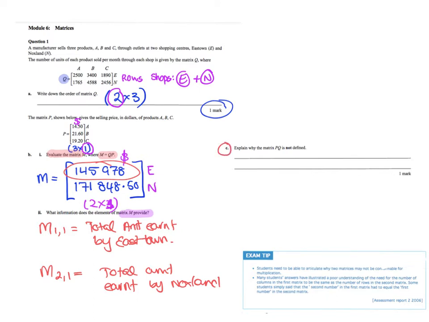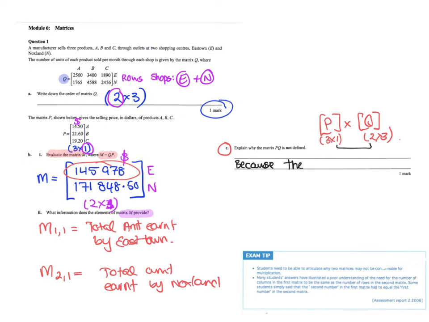It says, explain why matrix P times matrix Q is not defined. If I was just quickly looking at it, P is a 3 by 1 and Q is a 2 by 3. Now you must write it out like this. You can't just write that they're not equal. You have to say it in words. So we have to say, why is it not defined? We're going to say because